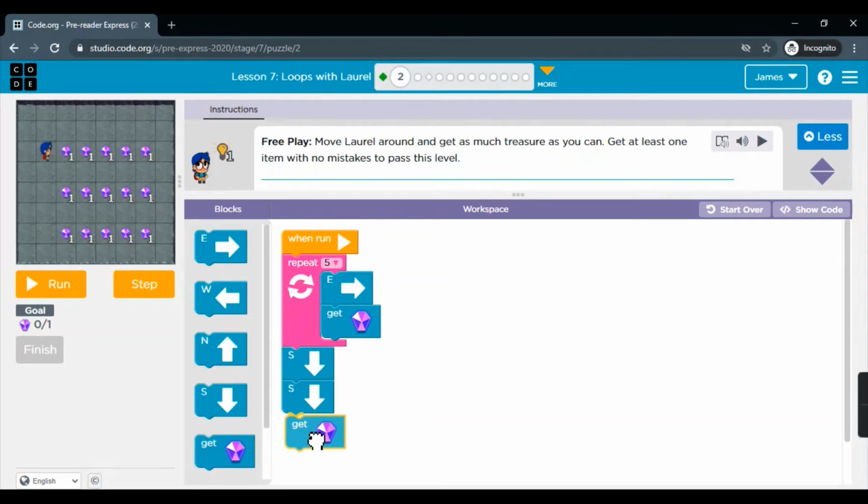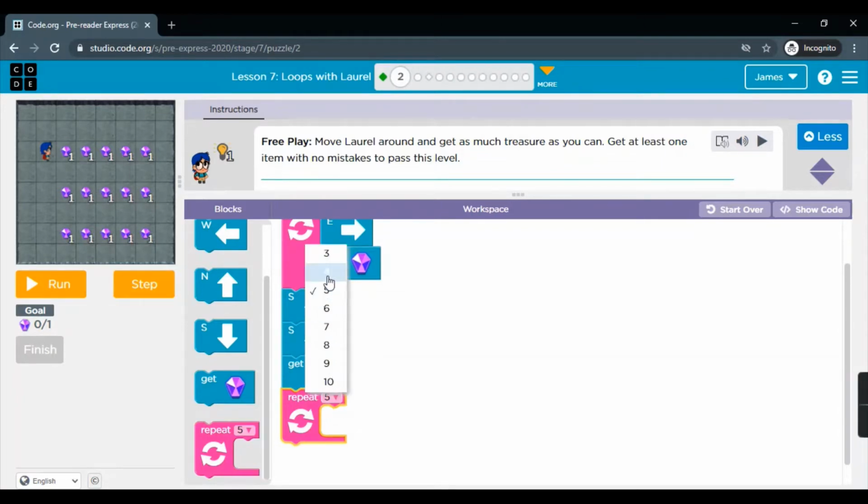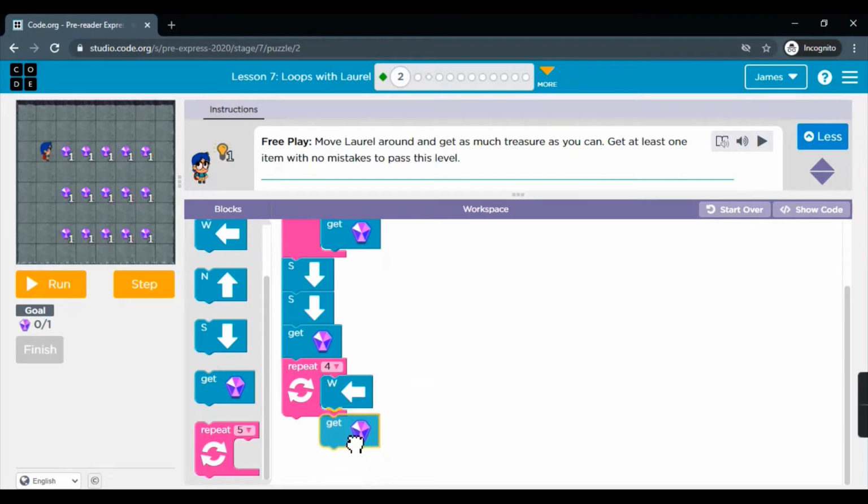and get. Again we'll put a repeat block, 1, 2, 3, 4, that is for 4 times west and get.